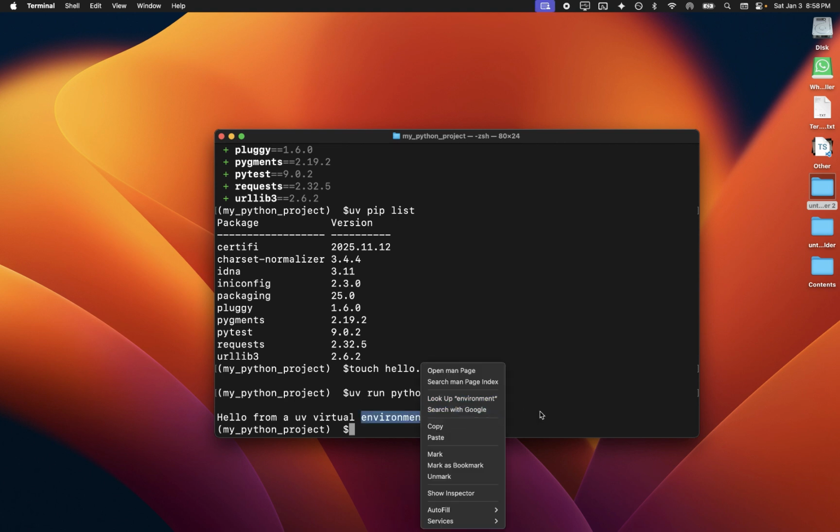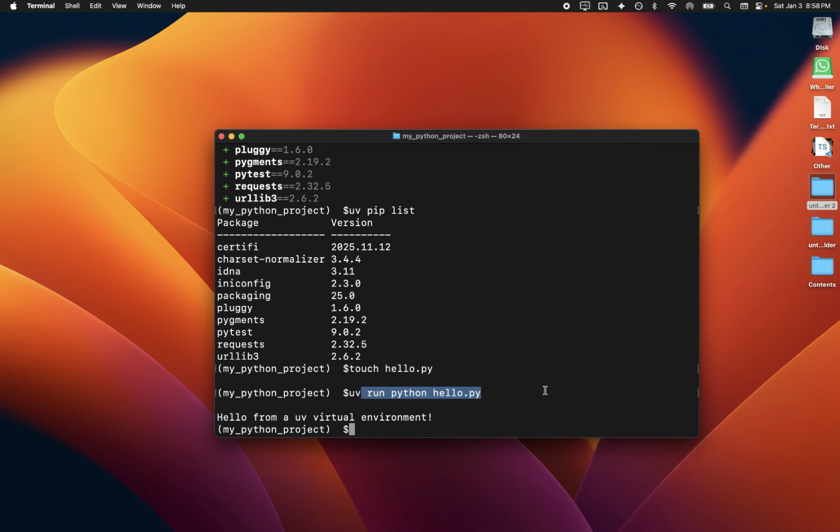The Python script ran fine. Even if the UV environment is not activated, uv run automatically uses the correct environment, so you don't need to activate it each time. Once you have created the virtual environment, when you run the command the next time, it automatically activates and uses